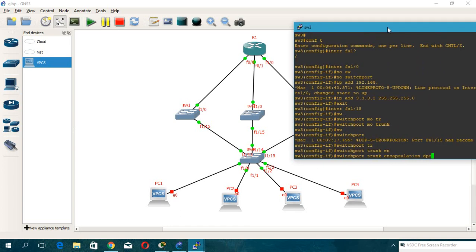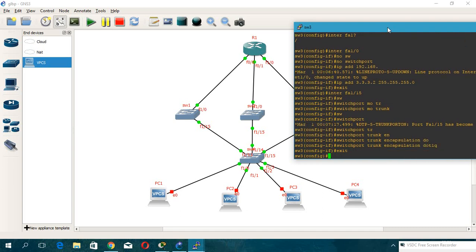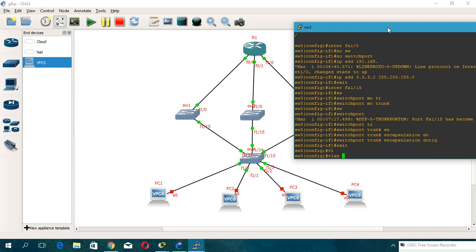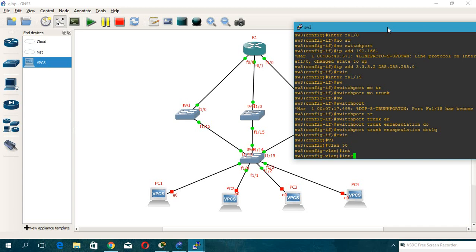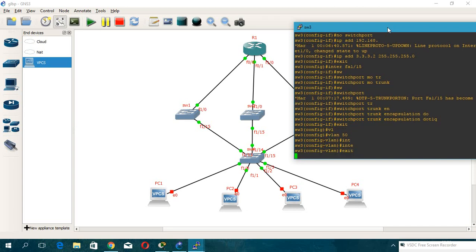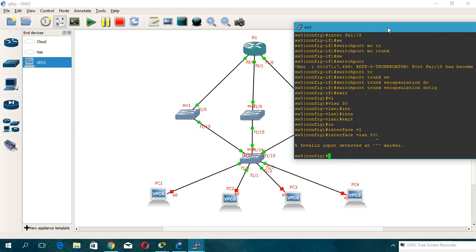In VLAN, also we need VLAN 15. We create VLAN 15 and we make an interface. Exit VLAN. Interface VLAN 15 IP address